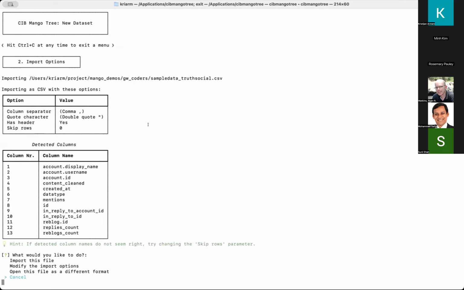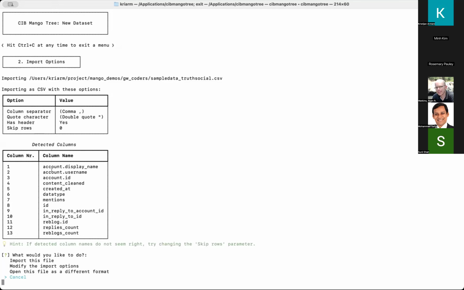Here it tells you the options that you have for importing. You will know that CSV files come in different flavors. You can have different separators, different double quotes. So we're trying to do some heavy lifting under the hood for the user to detect these and show them what comes out if you use these parameters. So here we have a comma. It detected double quotes. It found a header and it says there are no rows that need to be skipped at the beginning of the file, which often happens. And so it detected columns and it shows them here.